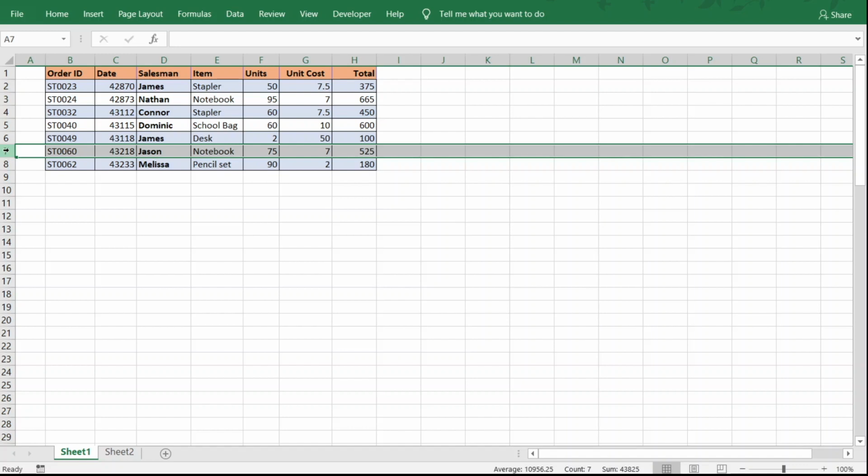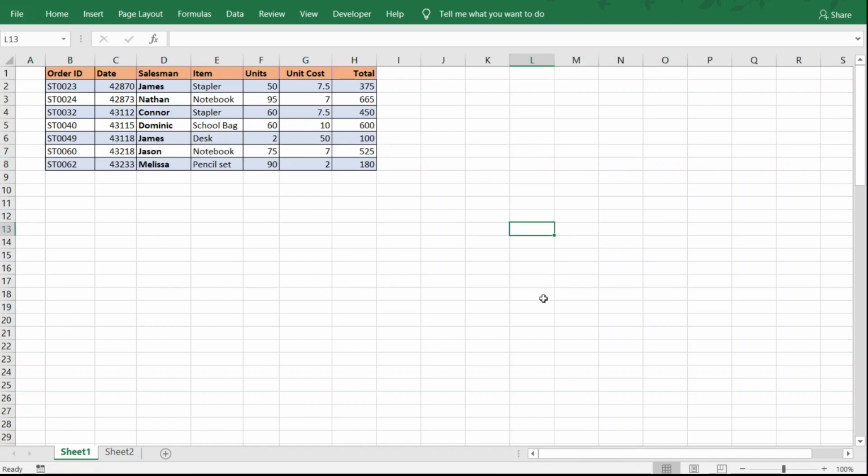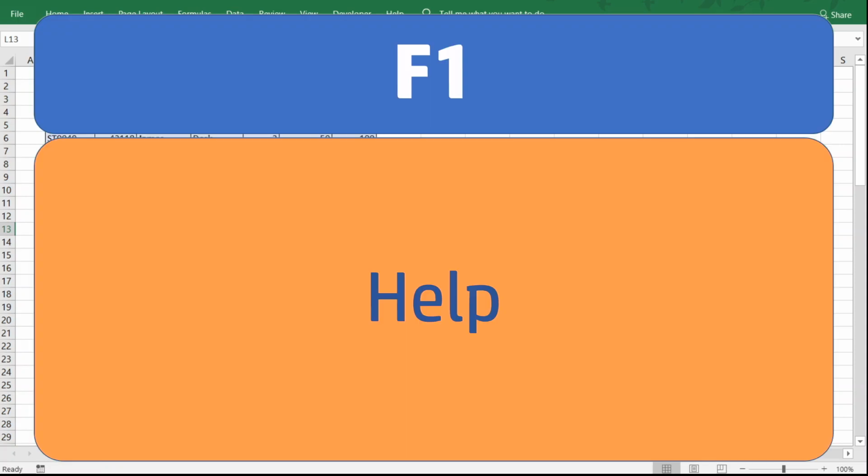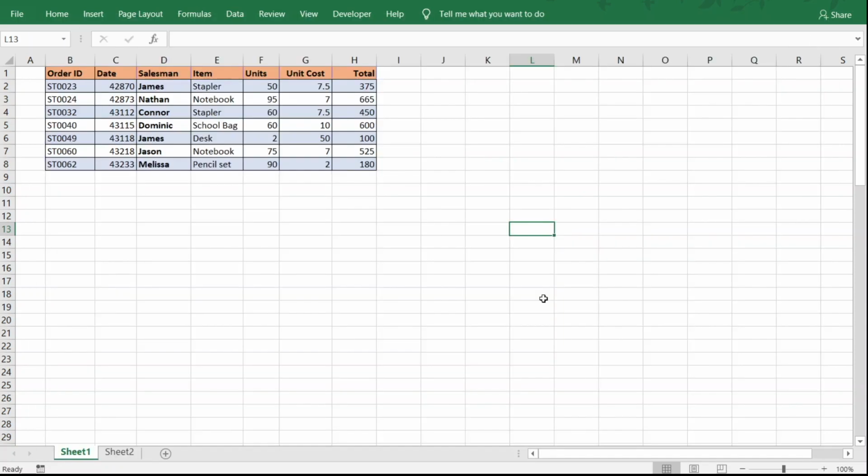Okay, so next we are moving to two function keys for today's video. The first one is F1. So the F1 function key is for invoking help. So if you need any help for any of the functions or anything related to Excel, then you can use that help. How that can be done is you can use